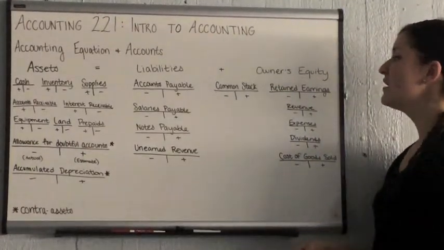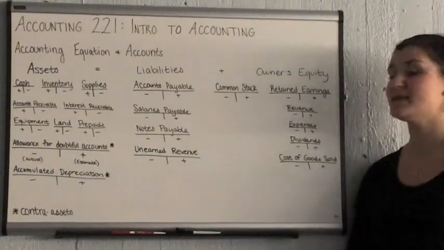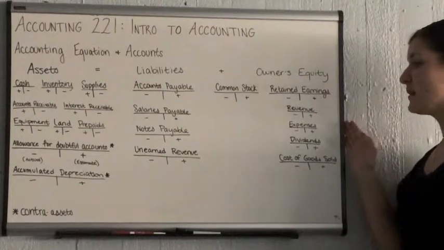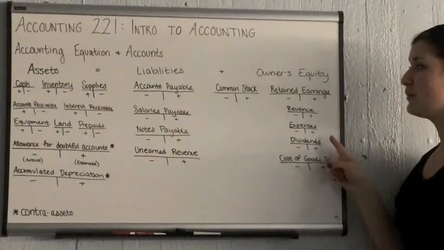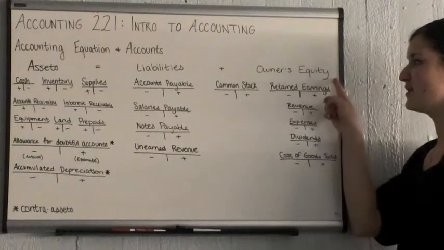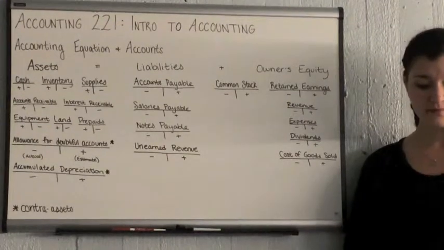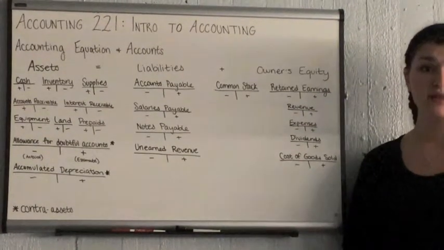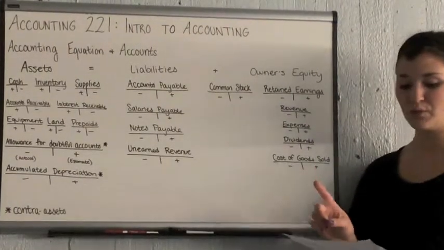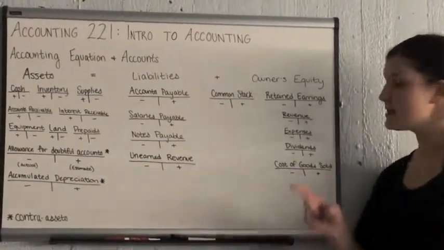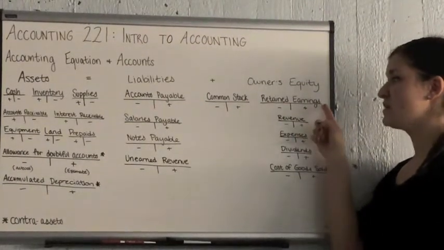In the case of retained earnings, we have our red accounts, which are revenue, expenses, and dividends. And what you see here is how these three accounts affect the overall total of owner's equity and retained earnings. So with revenue, you have things such as interest revenue and service revenue, and then here is where you would debit returns, discounts, and allowances, because this will decrease the overall total of revenue as well as retained earnings and